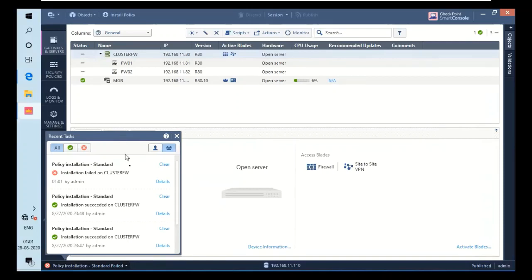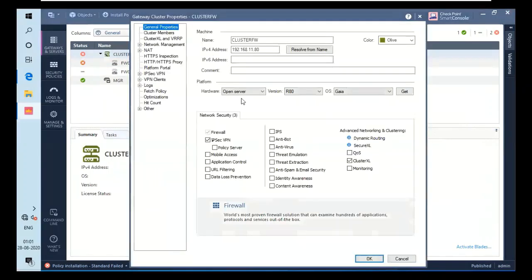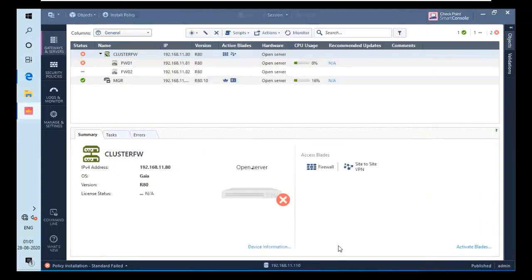So okay, installation failed. So let's check why our installation failed, because we have IPsec enabled. So let's check. Yeah, let's remove this IPsec and go for OK, and let's push this policy again.